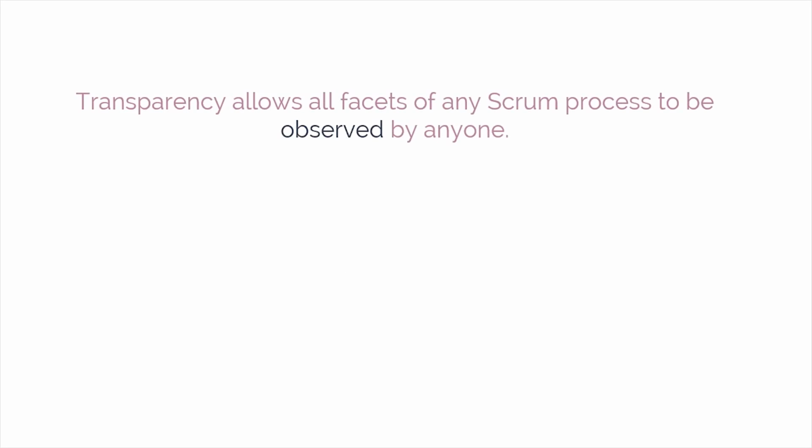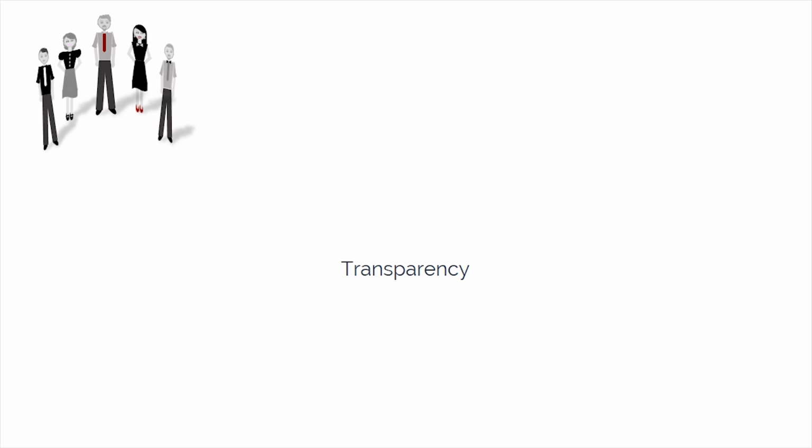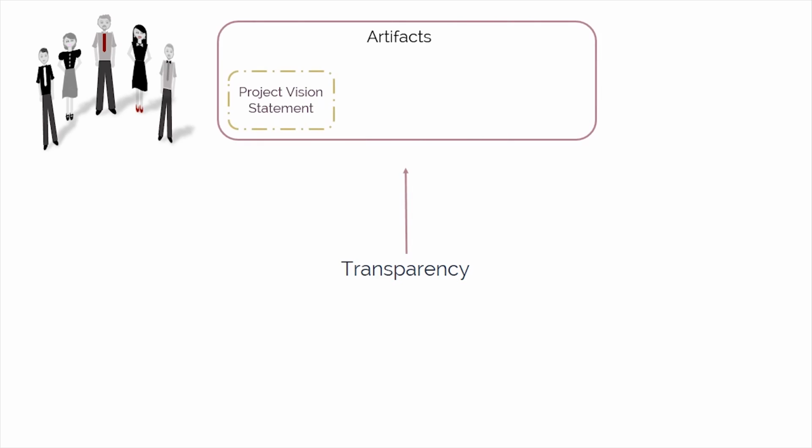Transparency allows all facets of any Scrum process to be observed by anyone. This promotes an easy and transparent flow of information throughout the organization and creates an open work culture. In Scrum, transparency is provided by openly sharing the project vision statement, which can be viewed by all stakeholders and the Scrum team. The prioritized product backlog with user stories can be viewed by everyone, both inside and outside